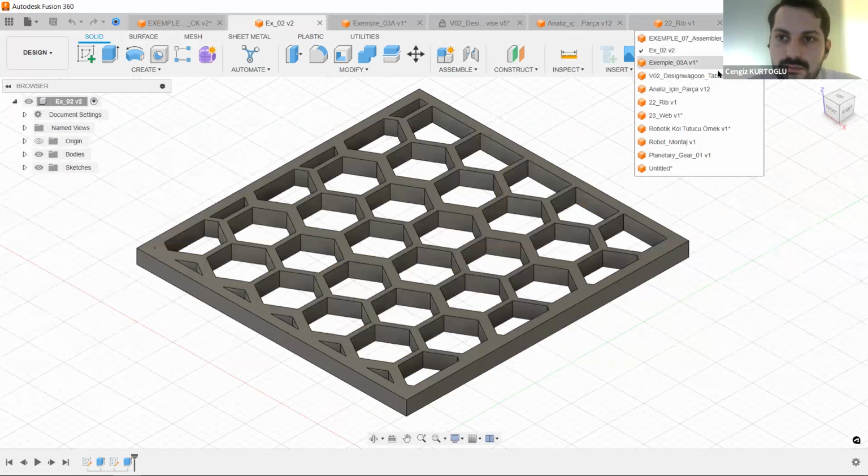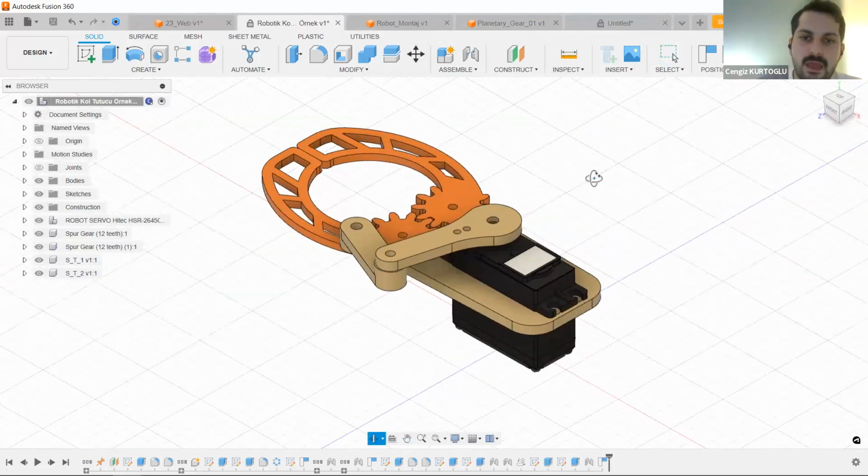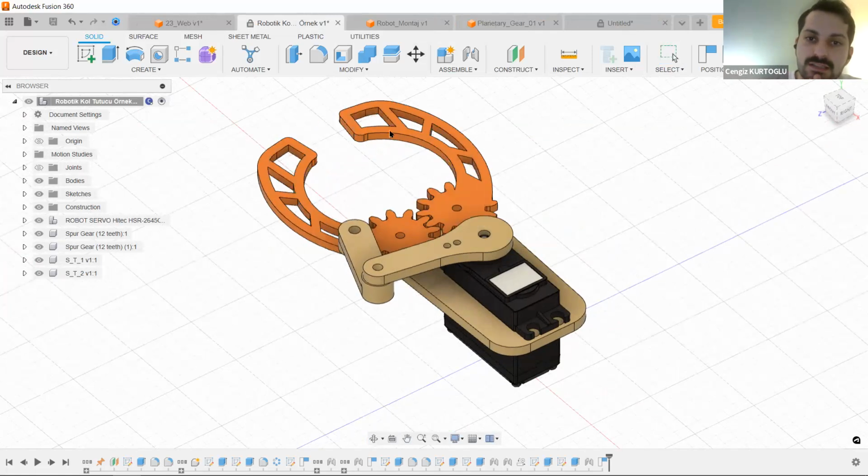As you can see, you can create some spool gears and modify them to create this robotic gripper arm,